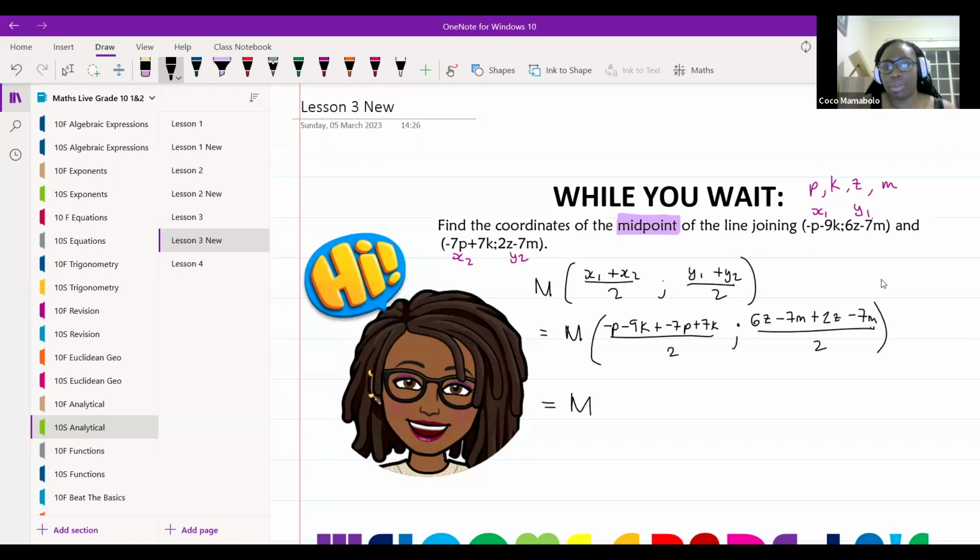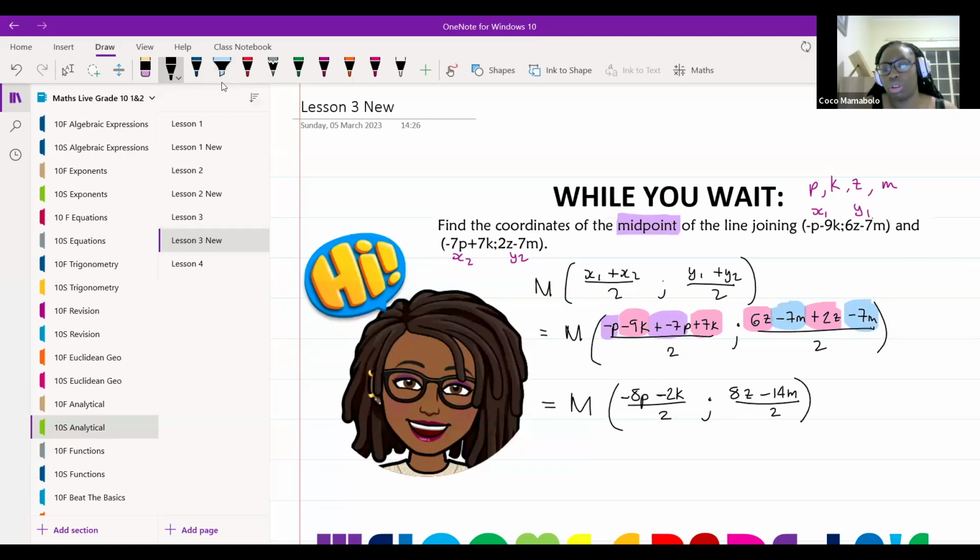Okay. So for the midpoint, I just need to add like terms, guys. I'm going to take negative p minus 7p, plus and minus will give me negative 7p. That will give me minus 8p. And then I'm going to get negative 9k plus 7k will give us negative 2k, all of this over 2. Then on this side, again, we'll just add like terms. 6z plus 2z will give us 8z. And then my m's, negative 7m minus 7m will give me negative 14m